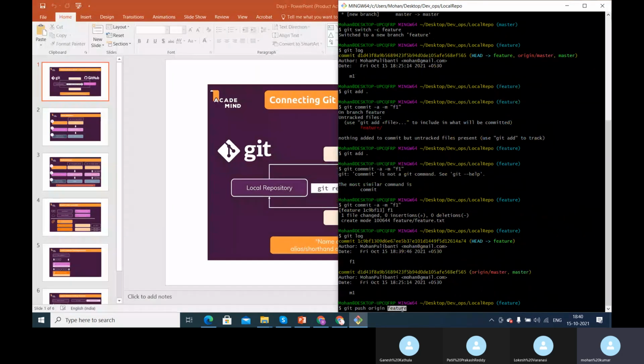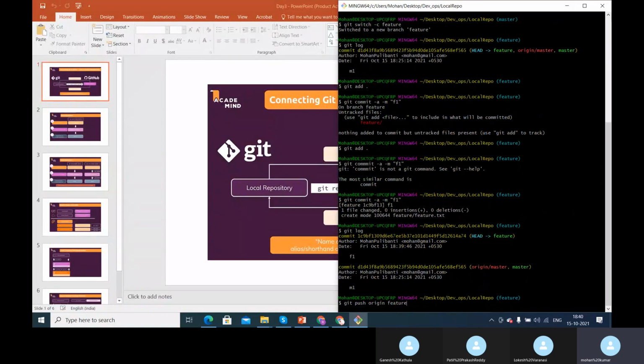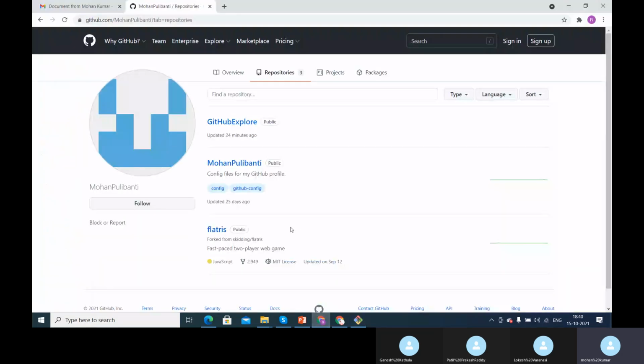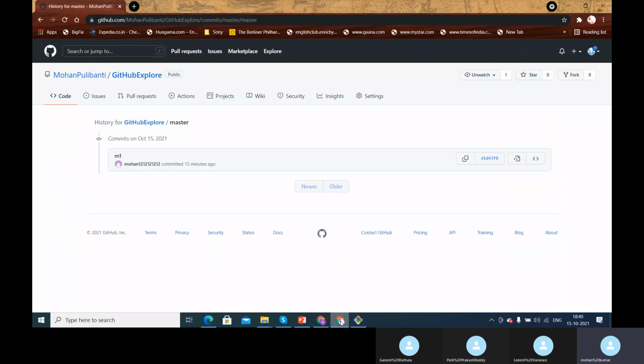With this branch name, whatever data is there in the feature branch will be pushed into the remote repository. If I execute this command, the data from the feature branch will be pushed to the remote repository.